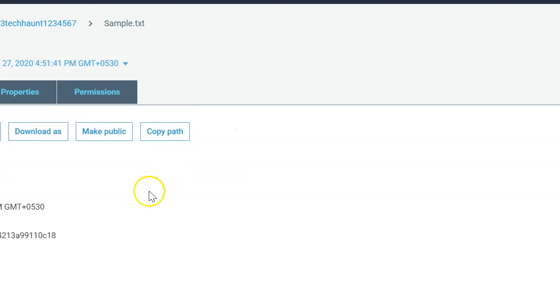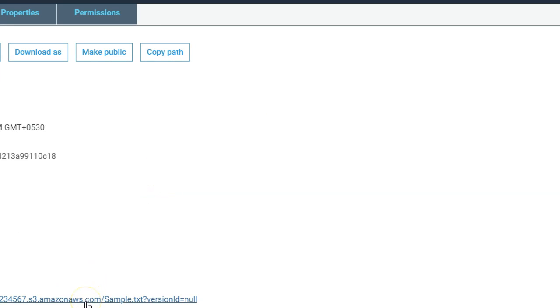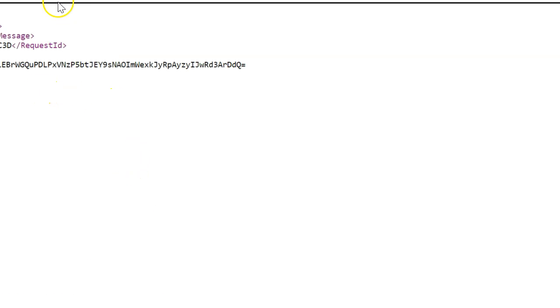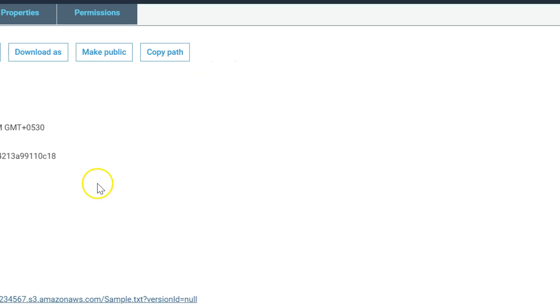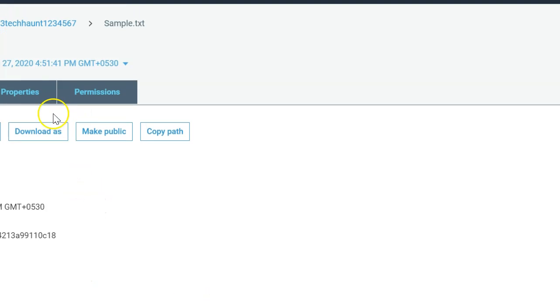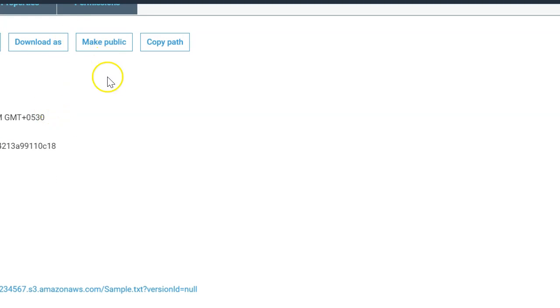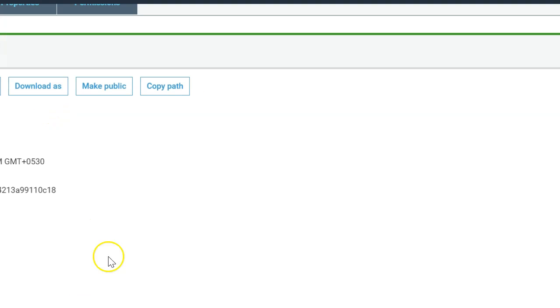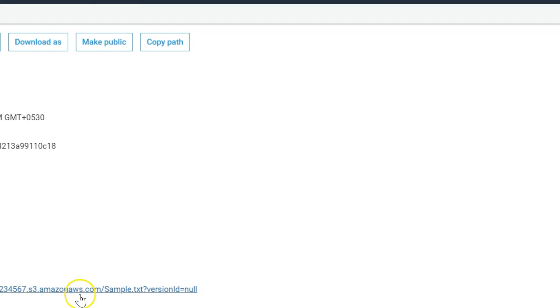So if you just want to access this file, and you just want to see the content inside it, it's going to be access denied, because you do not have the permissions. Okay, so you need to make some permissions to access this file, but that's not our objective. Though you can just click on make public, you can make them. And let's see,